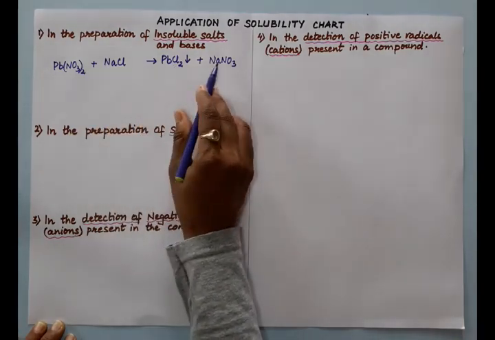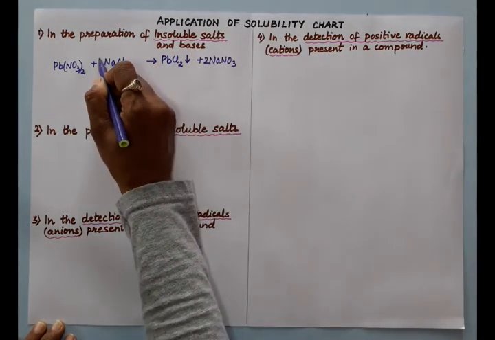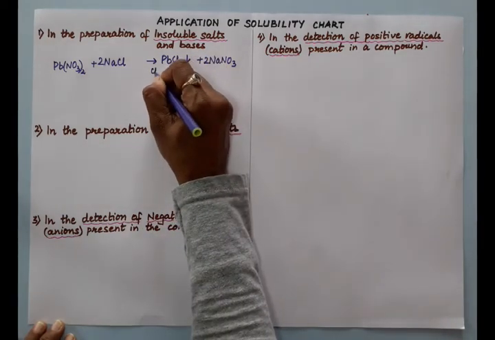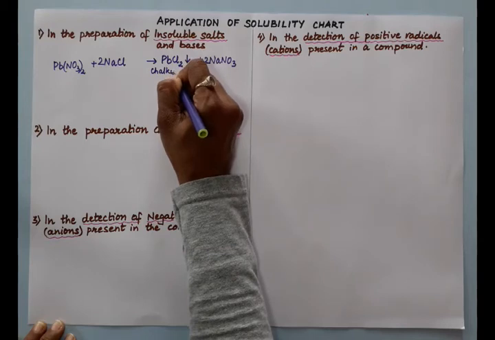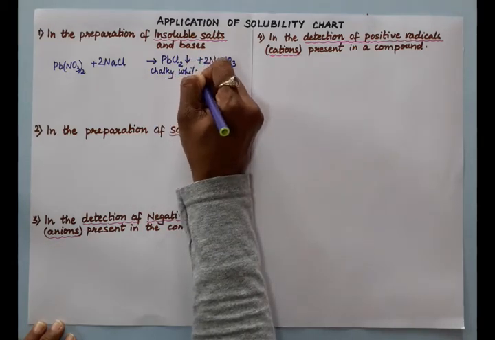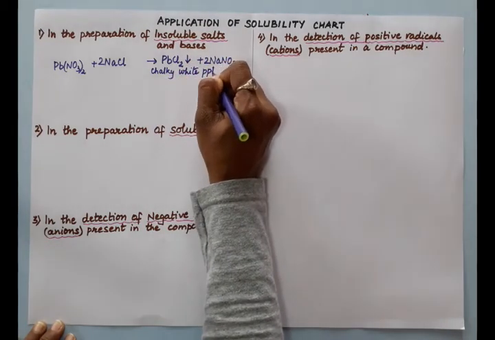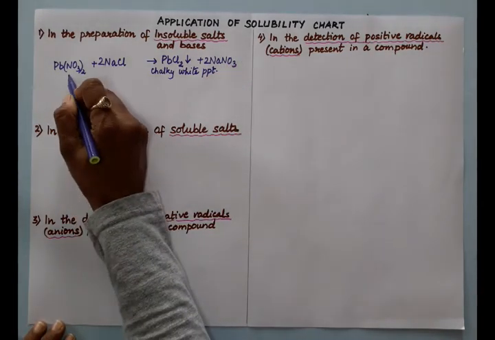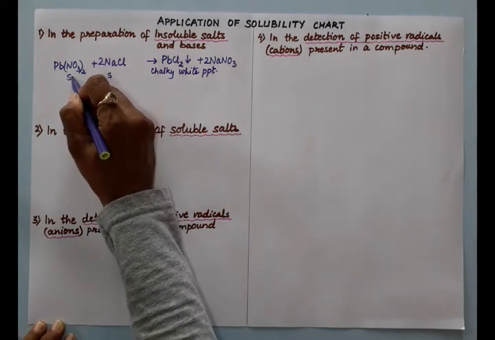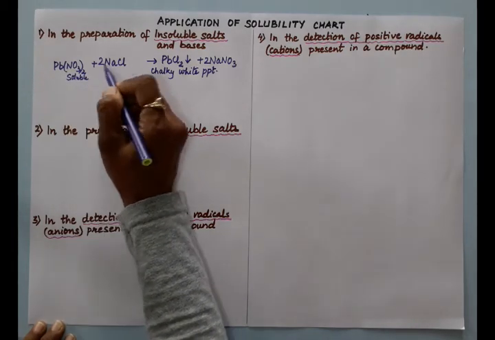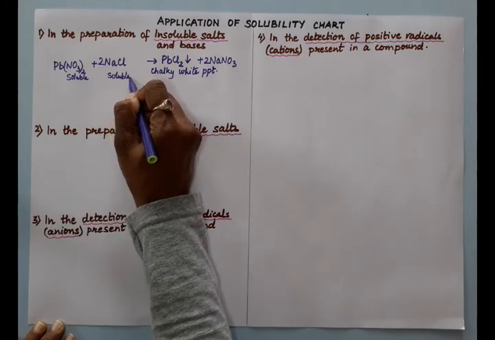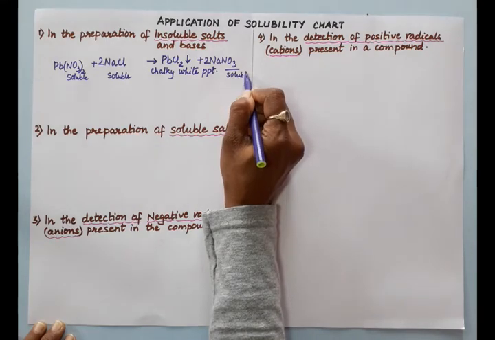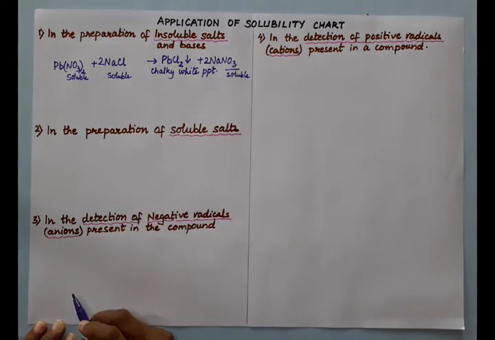Now nitrate is 2 times, so put 2 over here, sodium is 2 times. So we are getting a chalky white precipitate of lead chloride. Precipitate is an insoluble substance, or you can say a solid. Here this is soluble, soluble. So soluble plus soluble gives you insoluble plus soluble. This is insoluble plus this one is soluble. So in the preparation of insoluble salt,